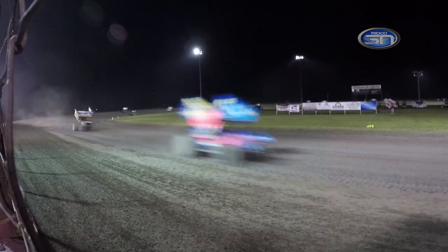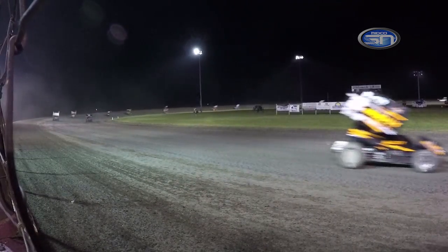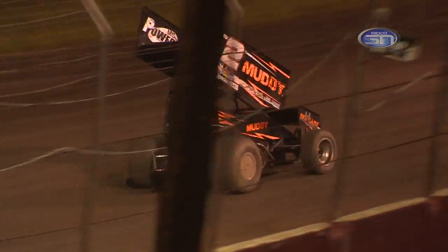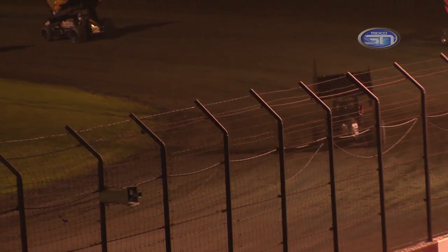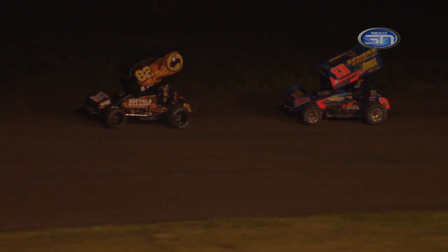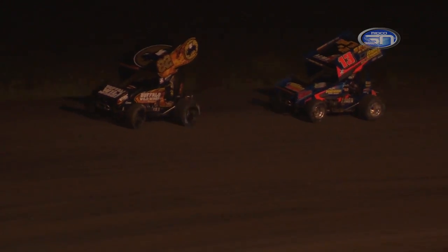That sends him spinning down the front chute. Now the 2-car never did stop, so while the caution did come out, Lasowski got to hold on to the 3 spot, and that's where he would finish. That yellow was great news for Dobmeyer because it brought Zomer back to the pack, and on the ensuing restart,